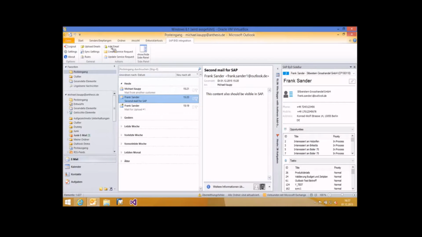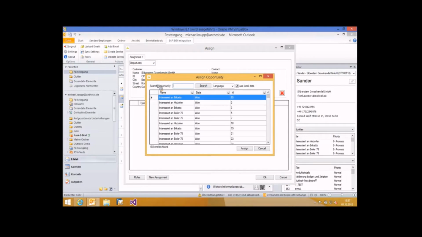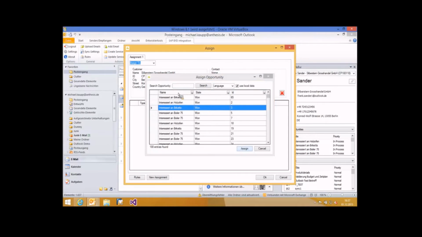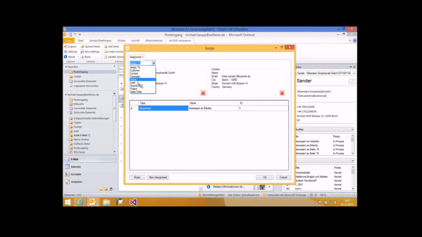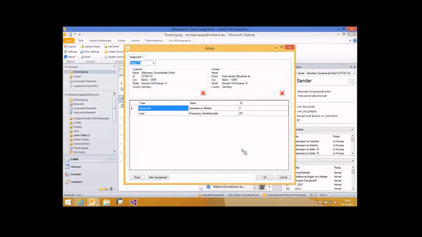So if I click on add email, I get auto suggestions. Yes, thank you. But I have to do the search for an opportunity again. So number 3, okay, assign. I have to search for the lead again. The third one, okay, assign. It has a nice performance, yes, and you can easily work with this, but you have to do this step